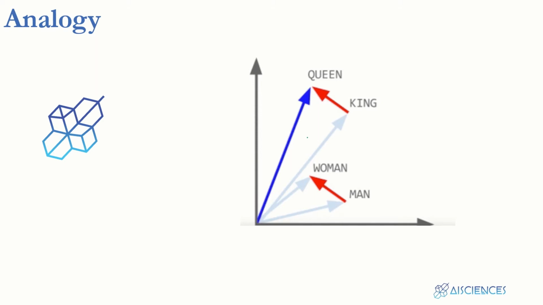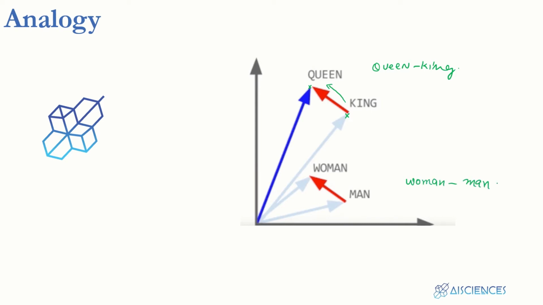And it turns out that several embeddings were actually able to discover a lot of relationships, analogies between different words. Think, for example, of king in some embedding space or feature space. King has this point, and the word queen has this point. And this red vector is actually queen minus king. Similarly, this red vector is basically woman